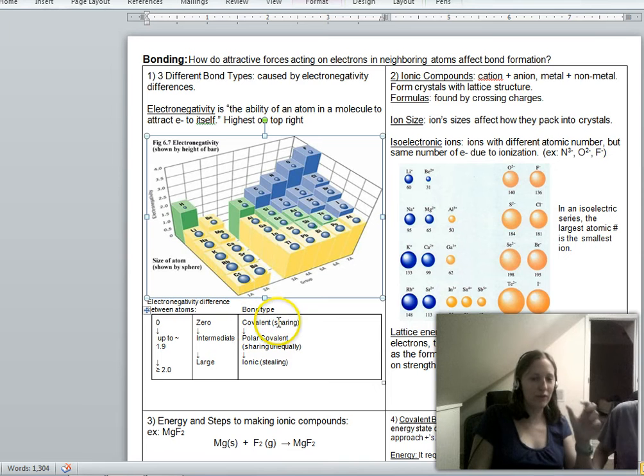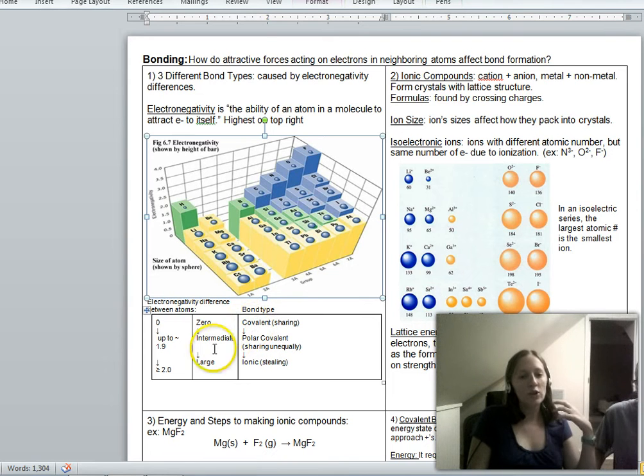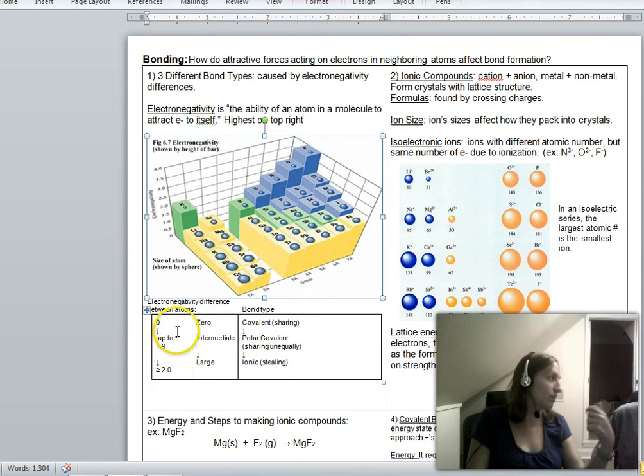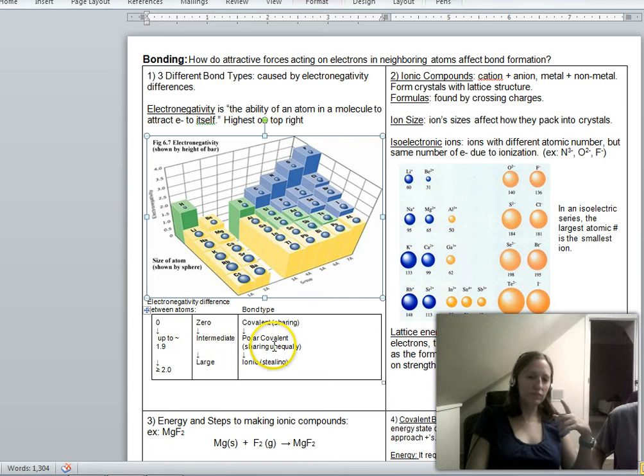So if you have a bond between two atoms that are the same element, then you have a bond which has a perfectly covalent character. There's absolutely no unevenness to the sharing of those electrons. Then you have in between. You've got 0, and you've got more than 2, and then you've got in between 0 and 2, which is like 0.1 to 1.9. What about 0.11? What about 0.01? So that's a polar covalent bond, which is you're sharing, but the sharing is not